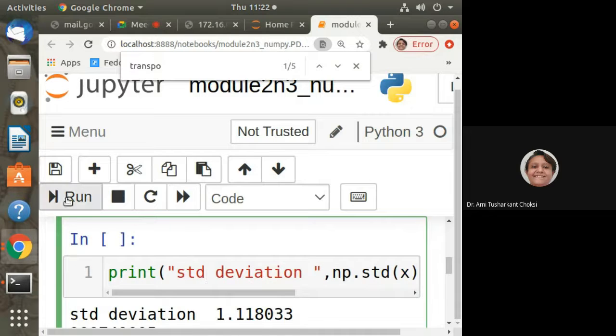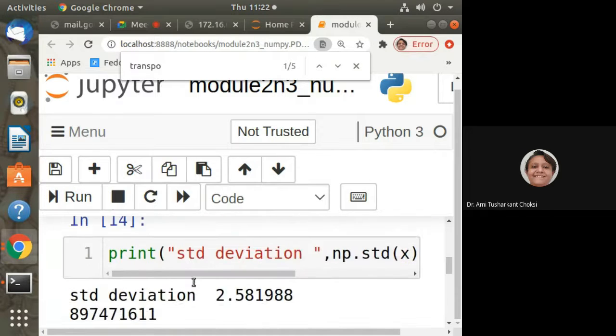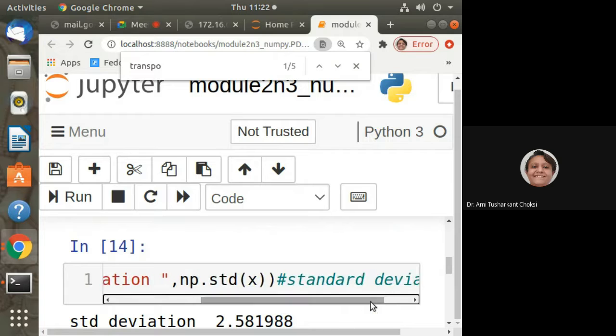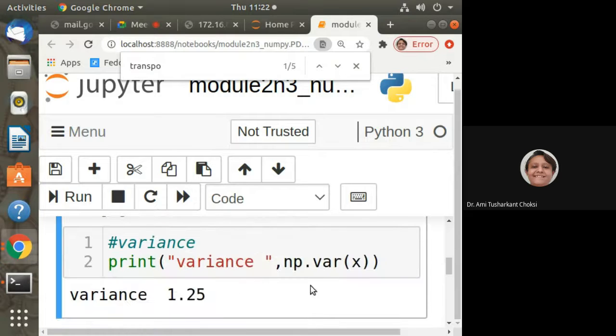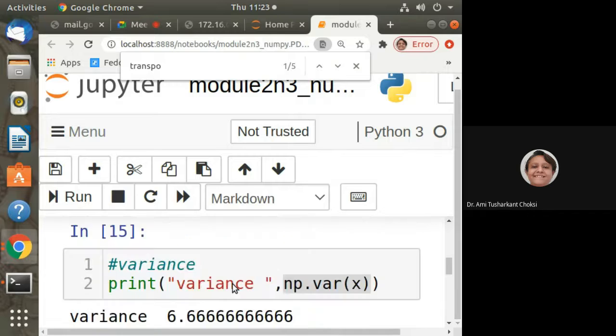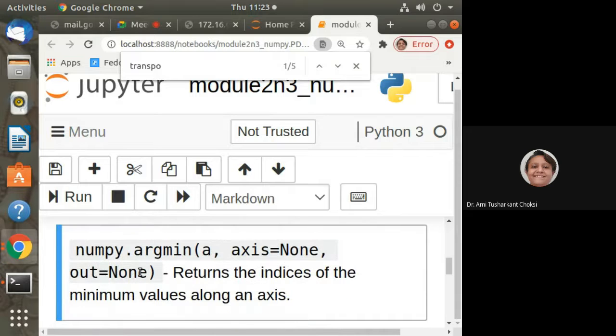Then standard deviation, that is np.std of x. np is important, np dot something, without that it will not work. Now for variance, we can say np.var of x. Variance. Then argmin returns the indices of the minimum values along the axis. Minimum value along the axis.